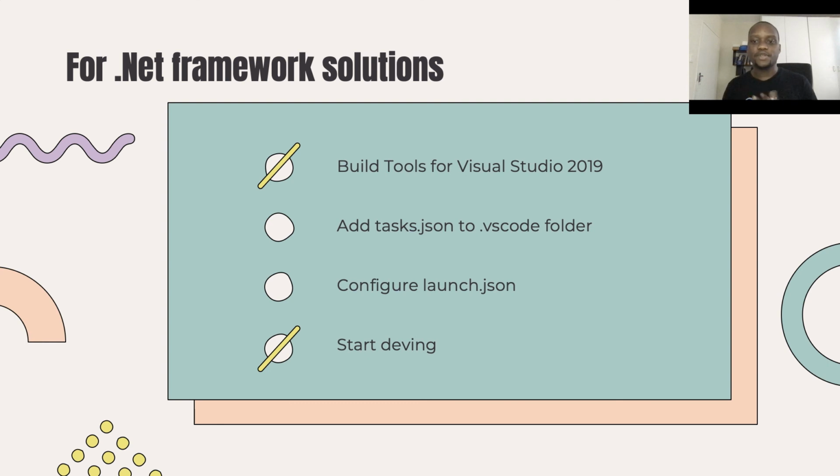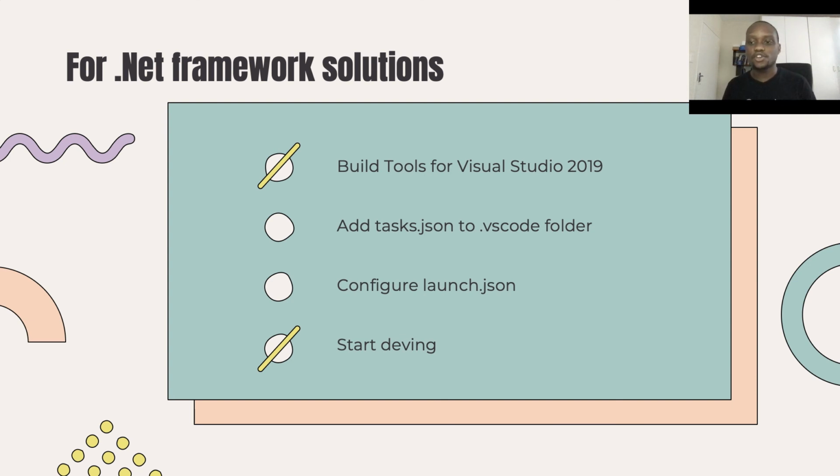So firstly, you need to download and install the build tools for Visual Studio 2019, which is the latest, and using those build tools, you can then configure Visual Studio Code to actually run, build, and allow you to debug those solutions. The next step would be then to have, inside your .vscode folder, a tasks.json file, which is automatically created for you, but you will then have to configure it so that it points to your solution file,